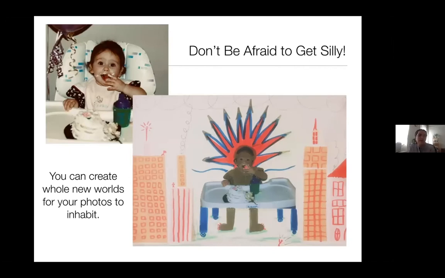I think this depends on your child. Some people just want to be more silly, or even just in the moment you want to be more silly with certain things and less silly with other things. It doesn't have to be totally serious when you're scrapbooking. I don't want you to think that it has to be any kind of way. Because these are photocopies that we've printed out easily, you can explore and draw all over them if you want. There's really no harm because you can always print it out again. So don't be afraid to get silly.